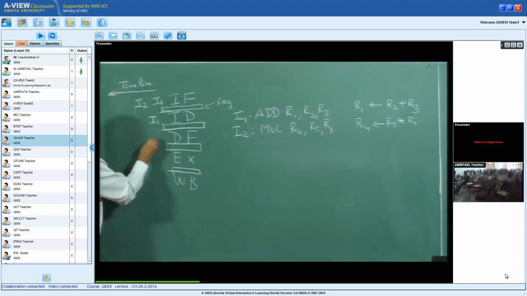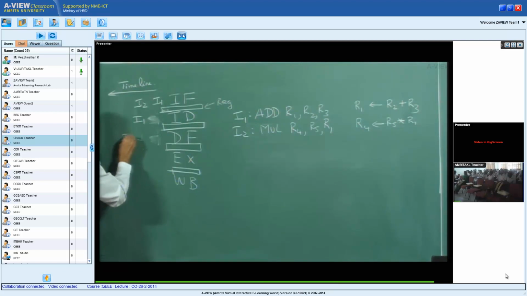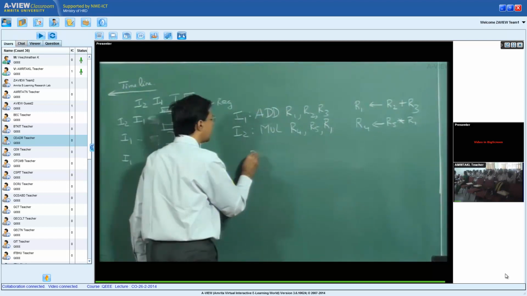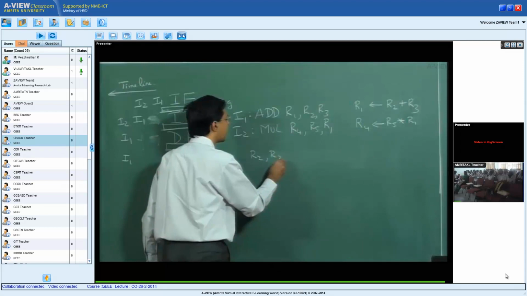When I1's data is being fetched, I2 is decoded. When I1 is executing, that is when the contents of R2 and R3 are getting added,